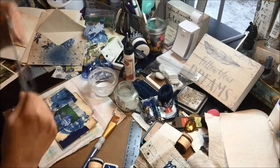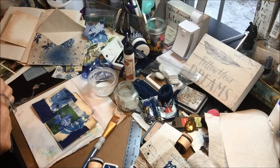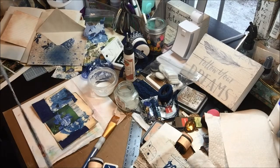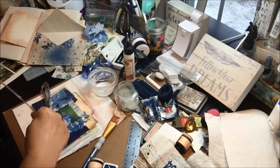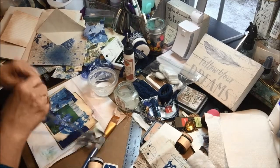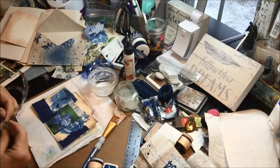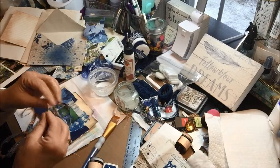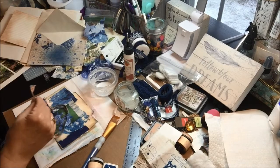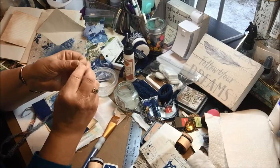All right, so sometimes what I do is, when I'm trying to find the straight grain of the fabric and I start tearing bits off, it doesn't tear all the way down. So, get all these strings off of it. And I save the strings because I kind of use those in collages too. But I'm going to take this fabric and I'm going to cut the selvage end off of it because we don't want that, because that's not pretty. And what I'm going to do is I'm just going to start